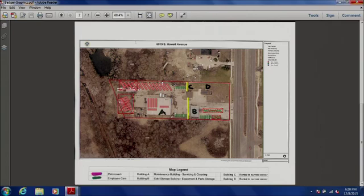Also, I'd just like to mention that this is a temporary use, and any decisions made by this commission don't bind any future requests for this type of use on this site. And the reason I mention that is the applicant, or not the applicant, but the bus company, if this site works out, may come before you to ask for a conditional use amendment to allow for this bus company to operate here. And I just want to make sure the commission is aware that just because we allow a temporary use here doesn't mean necessarily a full-time use of a similar use may be appropriate. That would be determined at a later date, but I don't want you to feel that you're binding future decisions